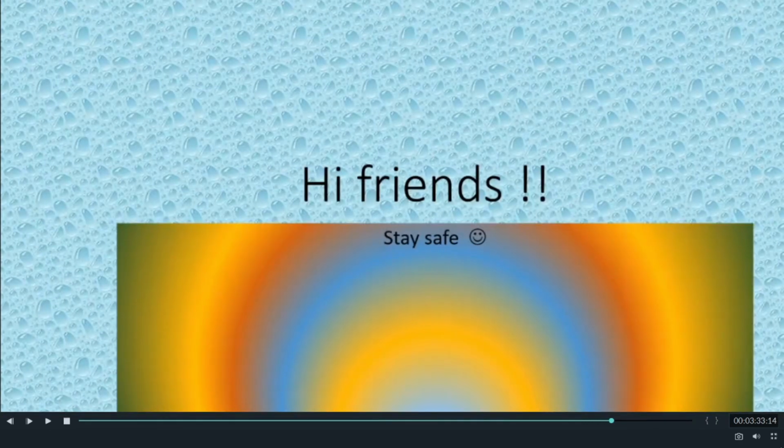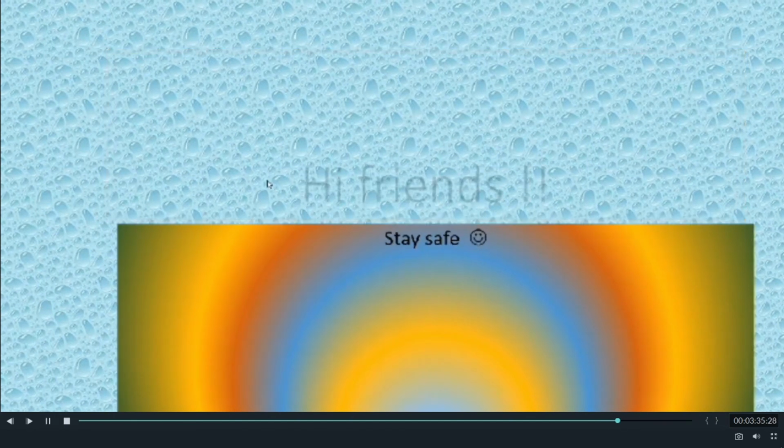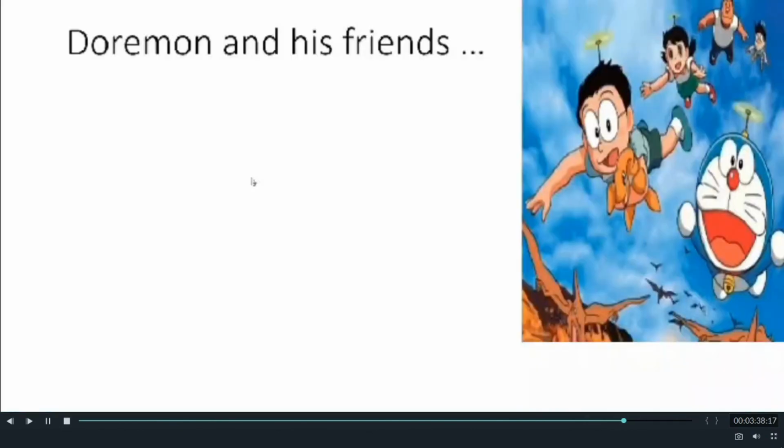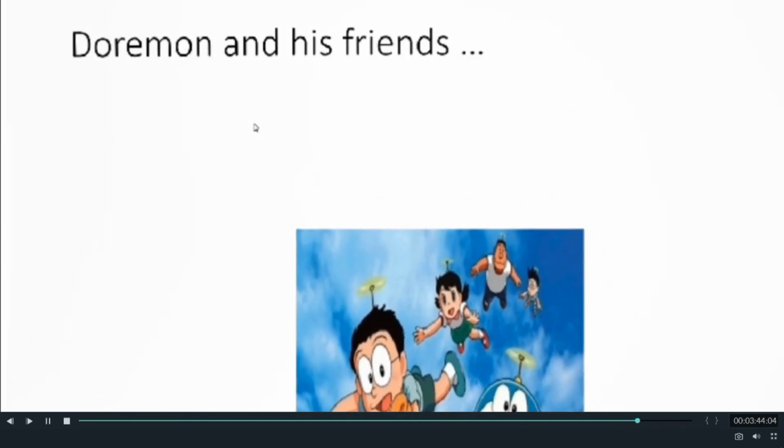The first one, if you remember, while we were applying transition effects, we disabled the mouse click option and enabled that after 1 second the slide should automatically appear on the screen. For the rest, now you see, I have to click the mouse button or a key from the keyboard for the next slide to appear. See, that was the transition effect. Now this is your animation effect of a slide. Same way, let me click. Now see, transition effect, and this is your animation effect.